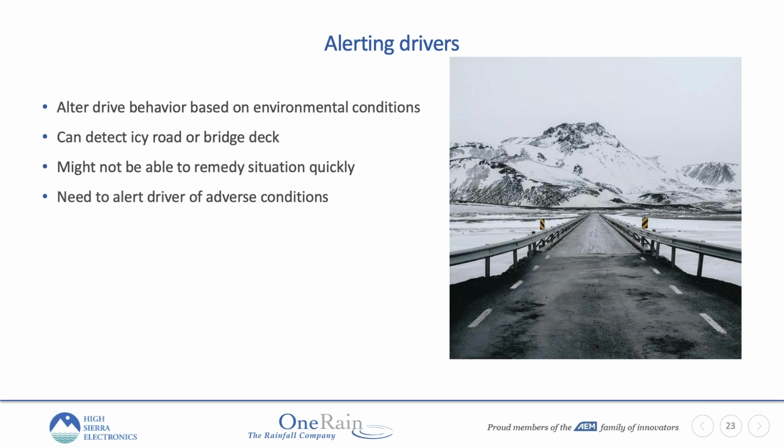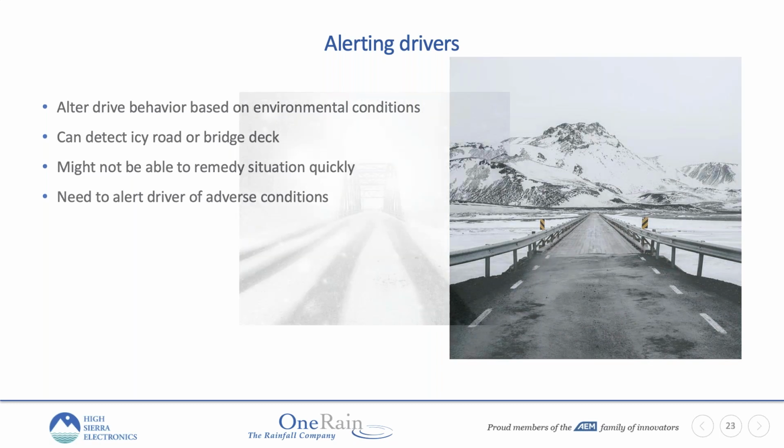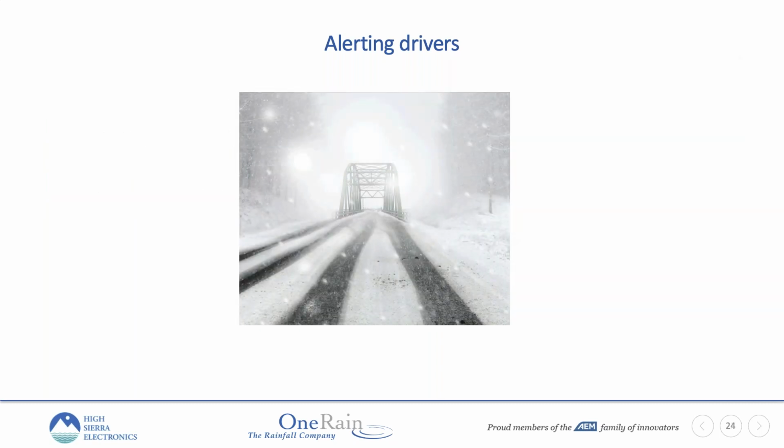So as I mentioned, we can detect almost all of these environmental conditions, and we know when, for example, ice or frost conditions might occur on a road or a bridge deck, but maybe due to location or the speed or the risk to agency personnel, we might not be able to get out there quickly enough, and we need those drivers and motorists to know that, and to alter their speeds. And here's kind of a classic example of a